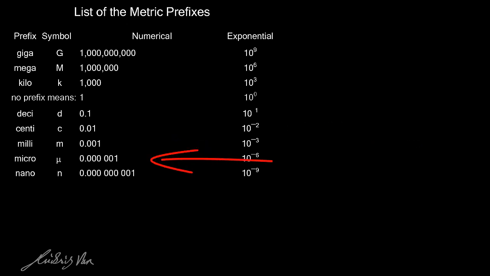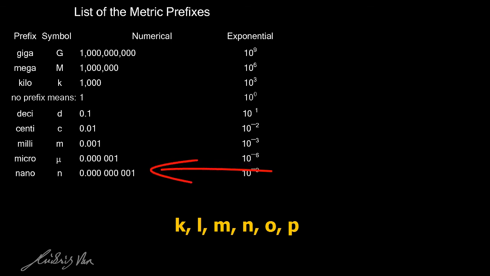As for micro and nano, m comes before n. So if we go down from 1, we will meet m first, which is micro, then we will meet n, which is nano. And they are 10 to the power of negative 6 and 10 to the power of negative 9, less than 1 respectively. This means micro has 6 zeros in front of 1 and nano has 9 zeros in front of 1. I don't think I have to waste time teaching all secondary school kids how to remember negative 6 and negative 9, because all of you are bloody